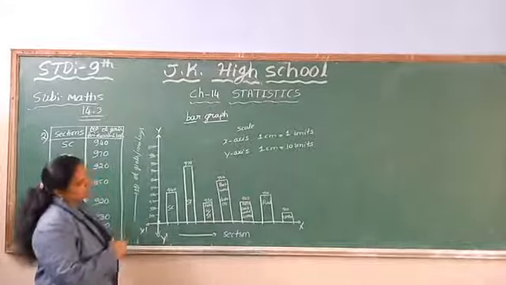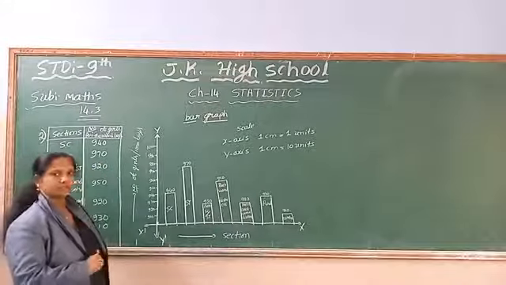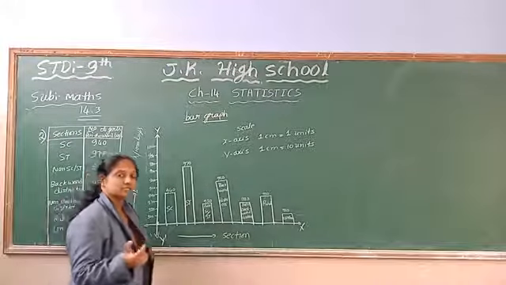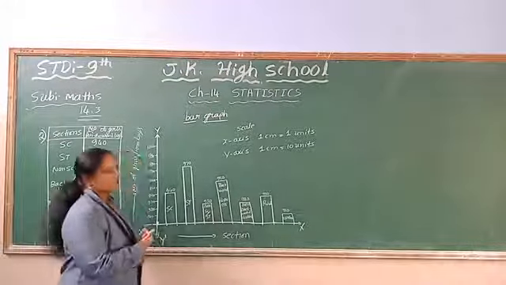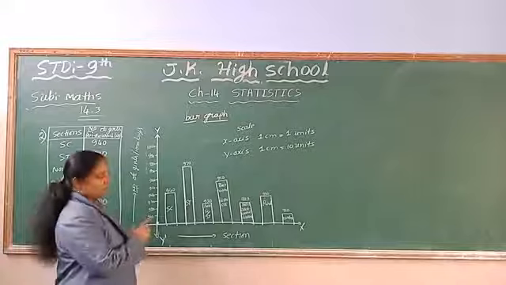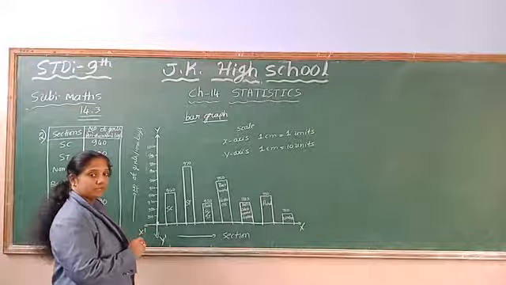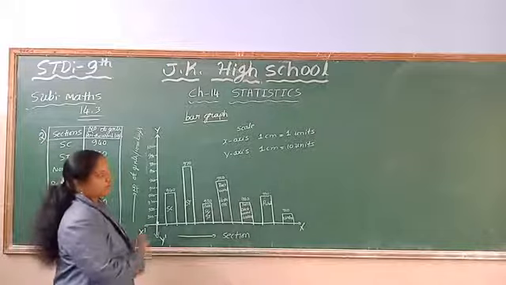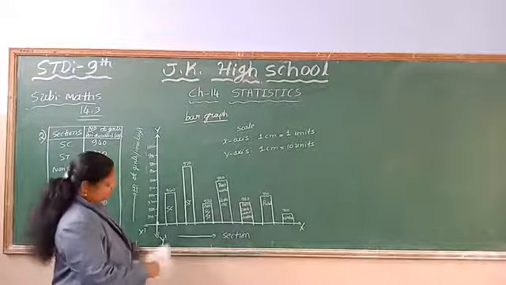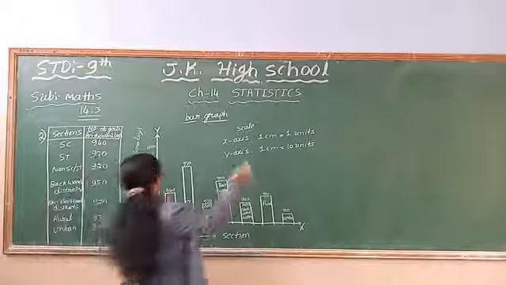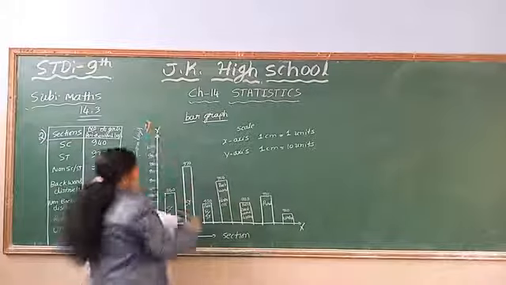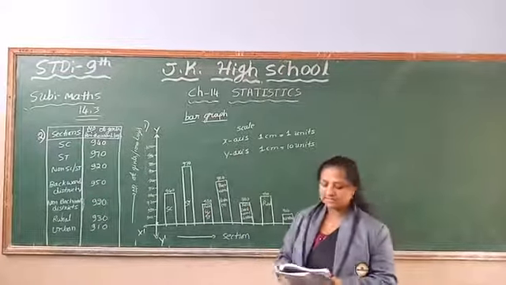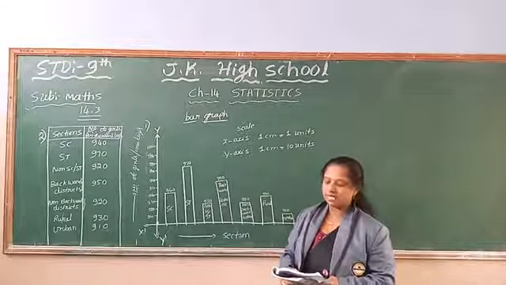So by observing this, this is the way of plotting the bar graph. Observe the question, and according to the values in the question, you have to take the scale on the graph and plot it. In between the bars there should be equal gap, and you also have to take equal width for the bars and construct the bar graph. This is the answer to the first question, actually representing the given information by a bar graph.